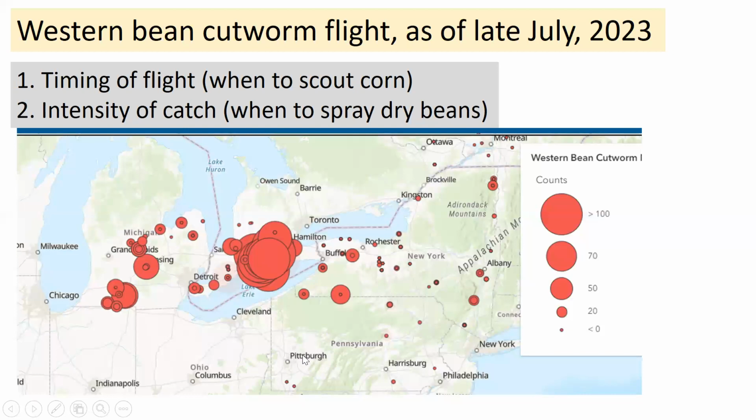And this is a picture from earlier in the week. The circles represent the trap catch in an individual trap. The bigger the circle, the more that's being found. And you can see there's a big count in Ontario as their traps have come up, and they've had pretty high infestation for the last couple of years. You can see that higher trap catch in Southwest Michigan, and then here's one of my traps in Lansing, over